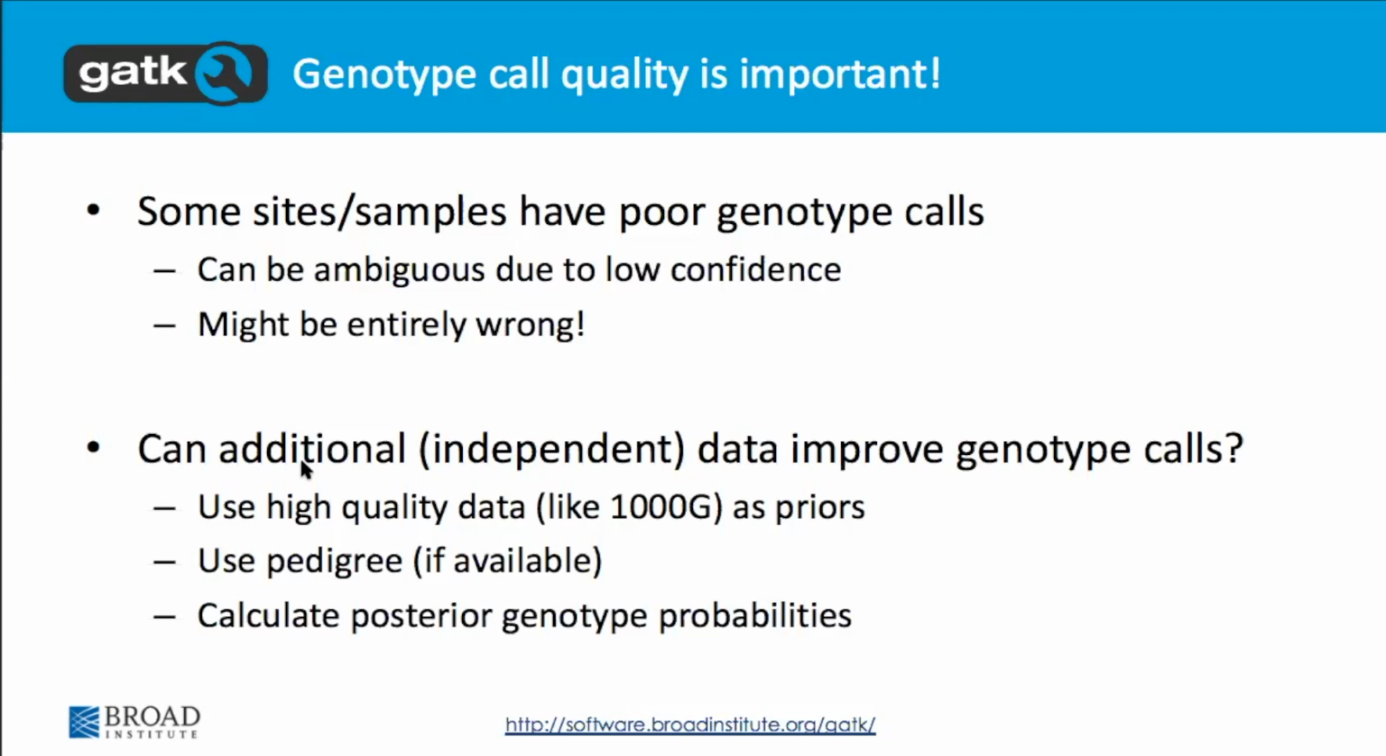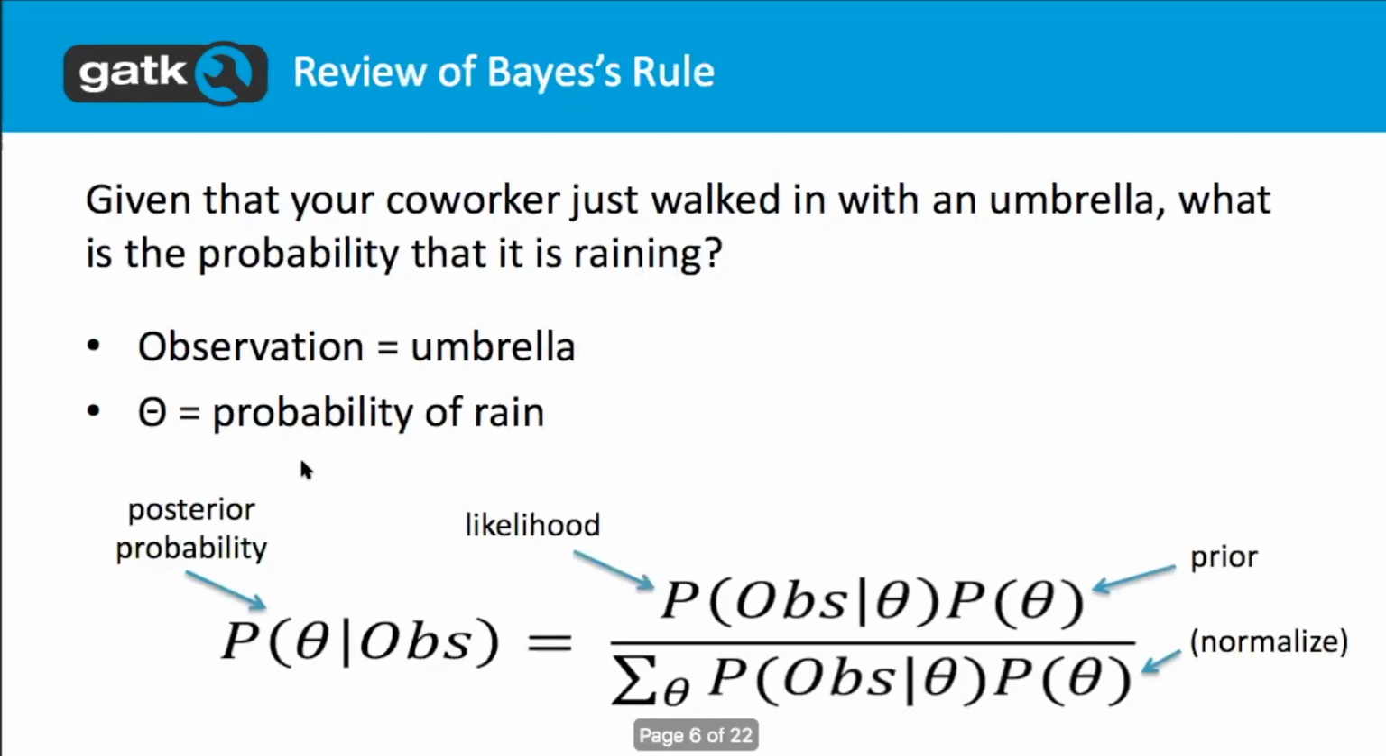That is very useful. And we're going to be able to use both of these as a source of information for calculating what we call the posterior genotype probabilities. And that just means we're going to update the probabilities we assign to the genotypes based on this information. And the idea behind this, and it is again Bayesian statistics, is, for example, if you